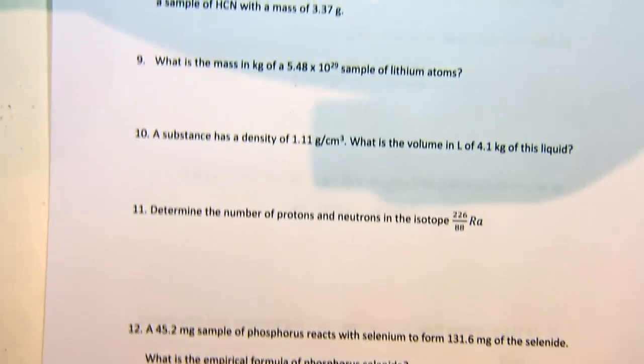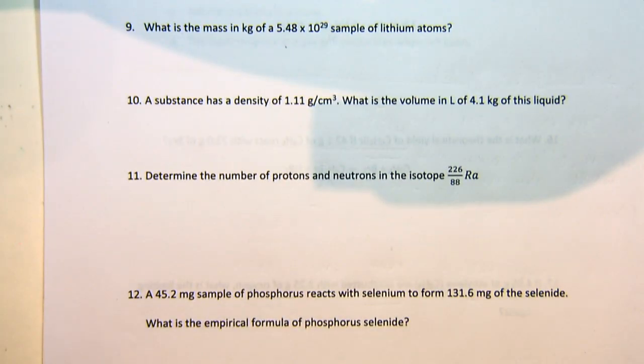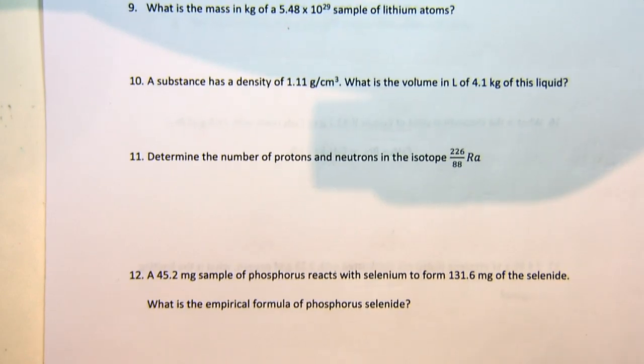Our next problem is asking us, we have a 7.83 gram sample of HCN that contains 0.290 grams of hydrogen and 0.406 grams of nitrogen. Find the mass of carbon in the sample. That's 3.37 grams. So this is really a problem dealing with the law of definite proportions, which is telling us